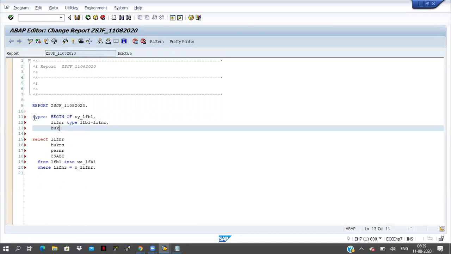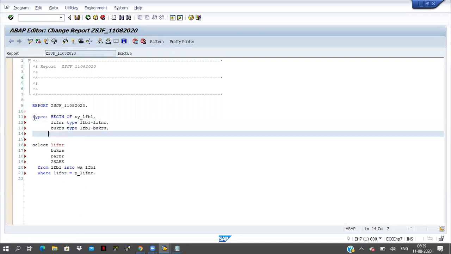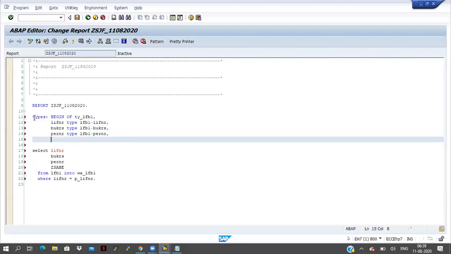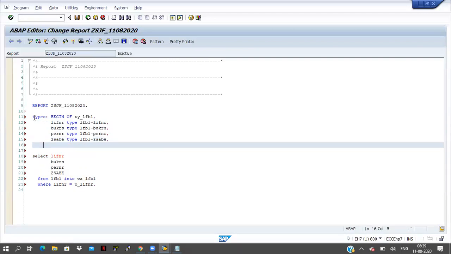Then bukrs type lfb1-bukrs, pernr type lfb1-pernr, and ZSABE type lfb1-ZSABE, and end of ty_lfb1.